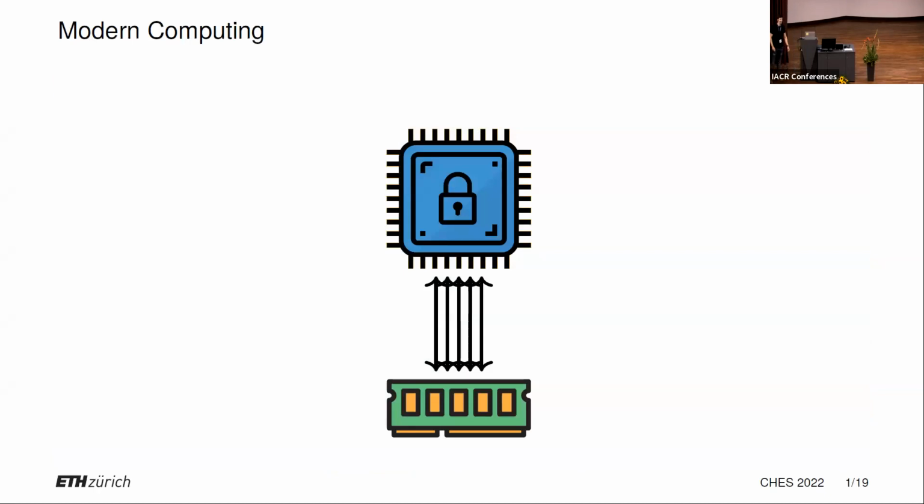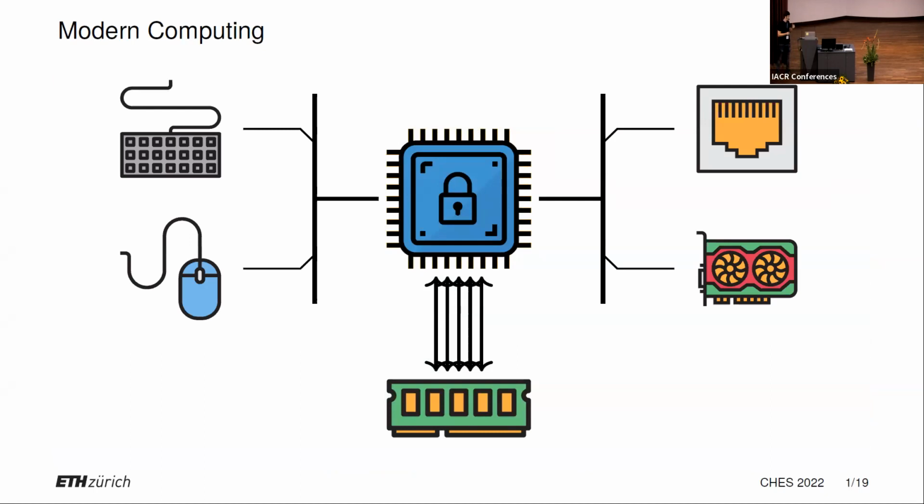Good. So first I'm going to talk a bit about modern computing and sort of our view on this. And this is mainly from the supercomputing space as well. In the past, we had processors, we had memory, and we did all of our computation using these two things. Nowadays, we have many devices, from personal computing devices, keyboards, other input devices, cameras, microphones, to accelerators, network cards, graphics cards, and all of this is now used predominantly in modern computing because we need more performance.